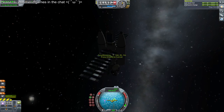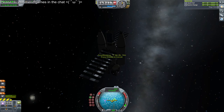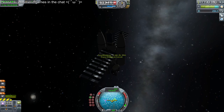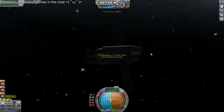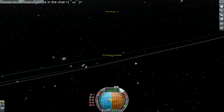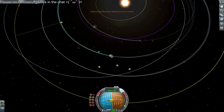So currently we have 2,400 units of liquid fuel. It burns at a rate of about 1.5, which yields roughly 25 minutes worth of burn time, which is insane. We don't likely want to have to execute a burn for 25 minutes. That'd be insane. But again, if we have to, we have to, and that's just going to be...